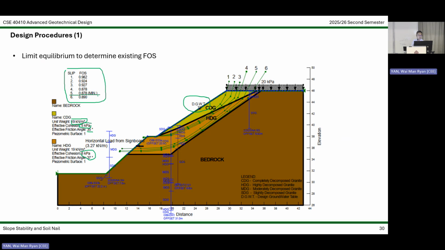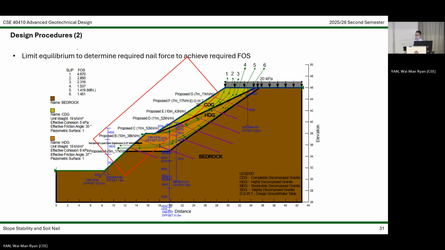So we have to move to stage 2, step 2, which is we have to design the slope upgrading work, soil nails. What we do, we simply use equilibrium. What do you mean by equilibrium? Even here in slope W, where we draw very fancy things, actually what you consider is, I have a slope, I have a potential failure plane,